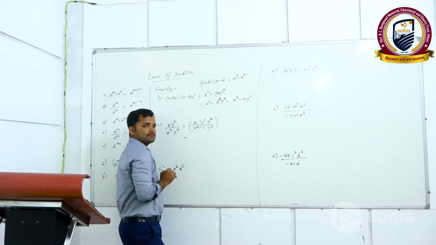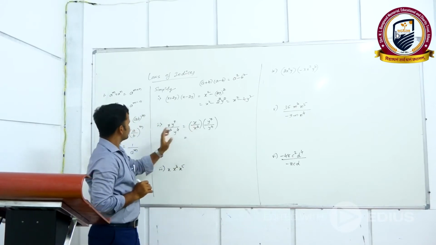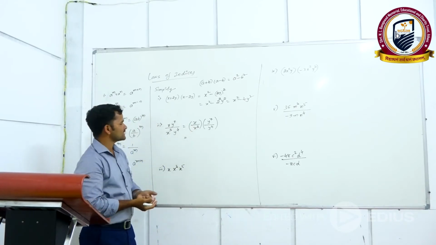x by x cube. You see, instead of using the laws of indices also we can take or else you see x only one time in the numerator,